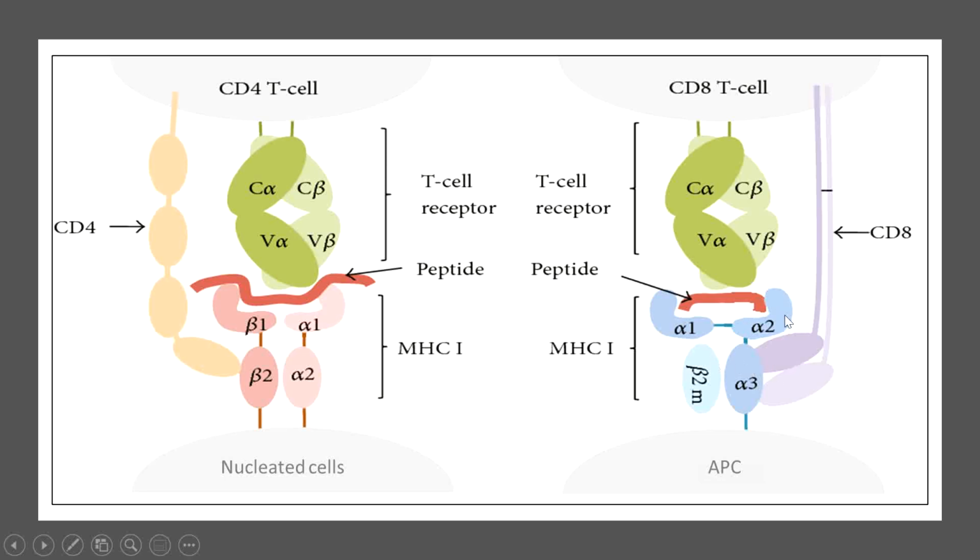Another thing is the molecule is activating CD8 plus T cells by interacting with this C alpha, C beta, V alpha, V beta. This is basically the T cell receptor molecule, the variable and the constant chains of these T cell receptor molecules. And here you can see the mistake that is made in this figure. These alpha 1, alpha 2, beta 1, beta 2, 4 domains are in MHC class 2. So it should be class 2, and on the surface of the APCs, these MHC class 2 are expressed.